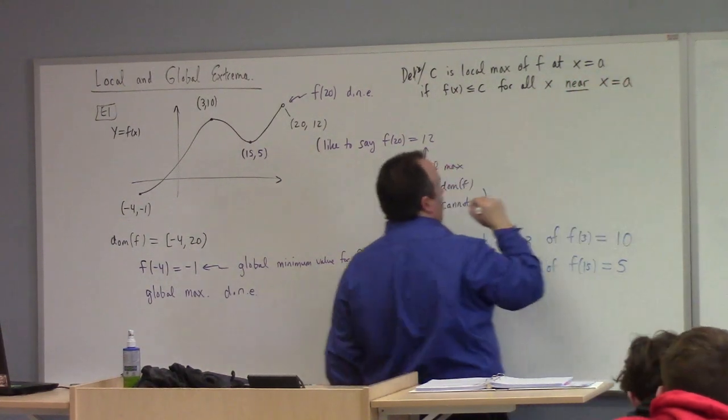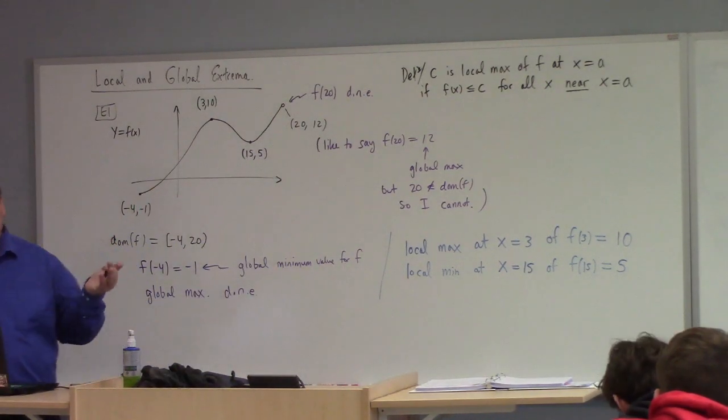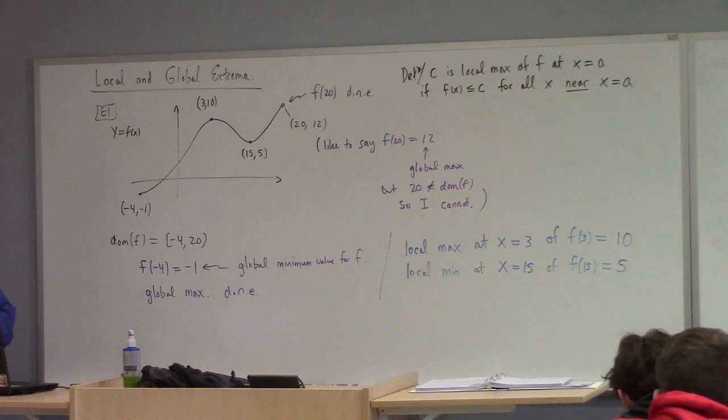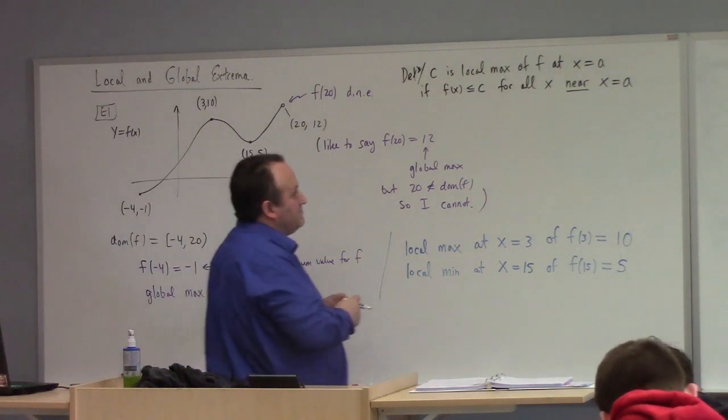Now we could make that more precise, right? You could say that there exists an open set around the point for which that's true. But that's basically it. C is larger than the values of,